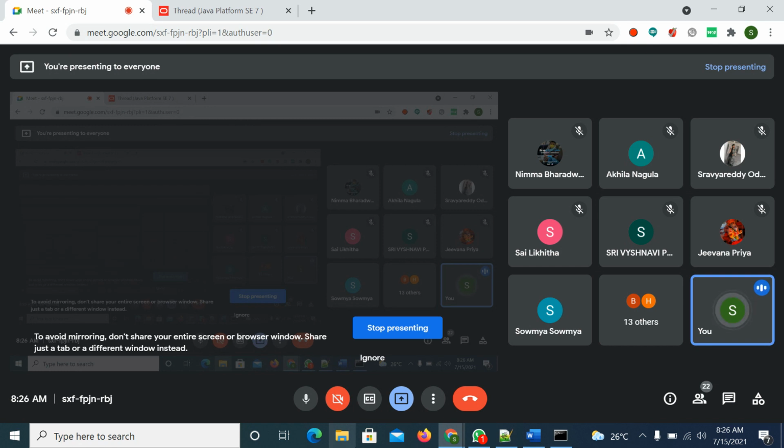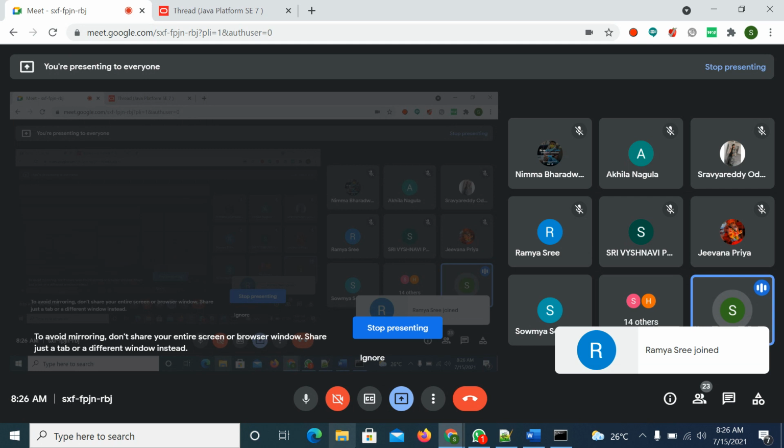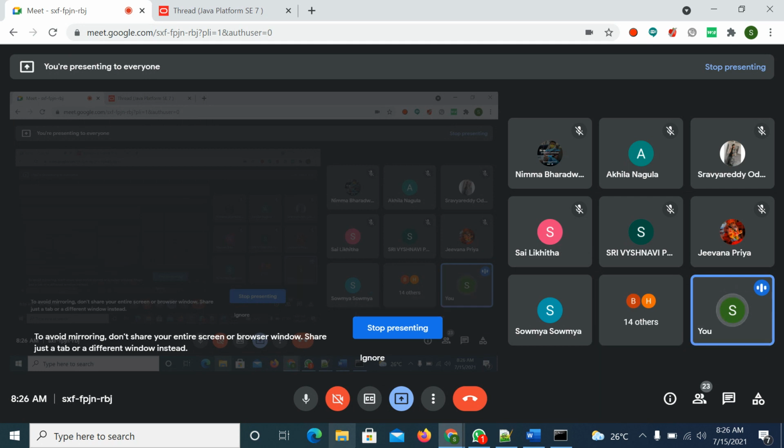So the first person doesn't know what he is updating, so that's why data inconsistency problems will be there. To overcome that, we will apply the synchronization concept. If you apply synchronization, one thread is executing that synchronized method, and the remaining threads have to wait in the queue. Right. So that is the concept.